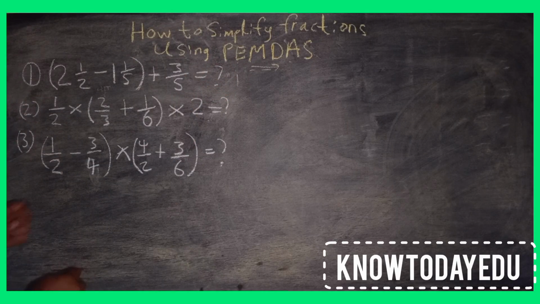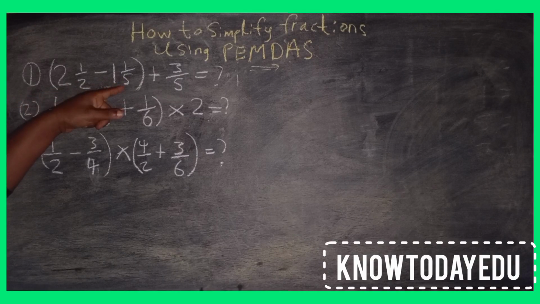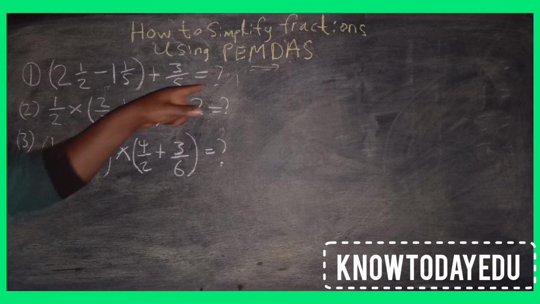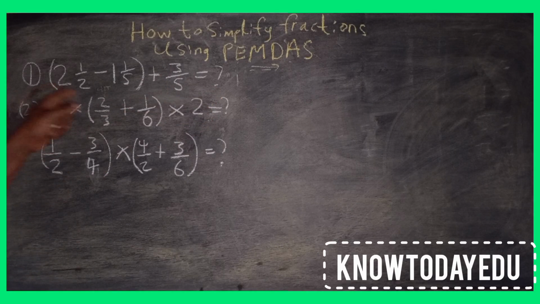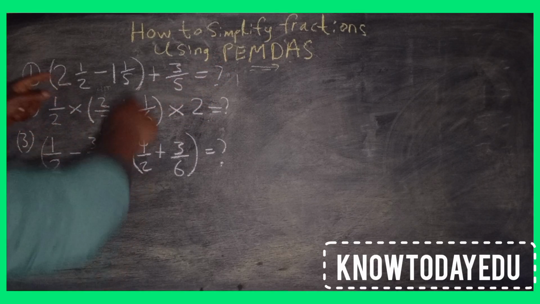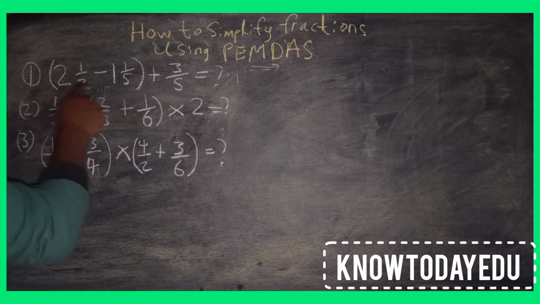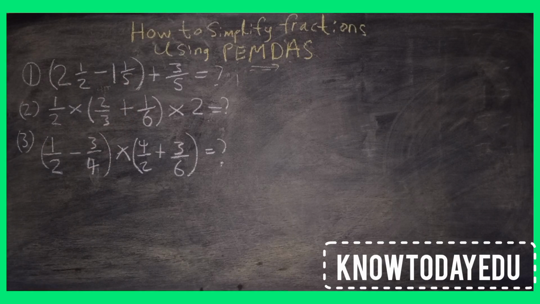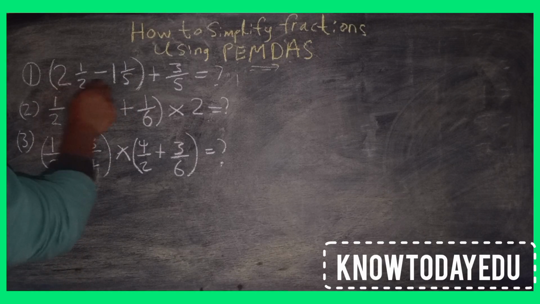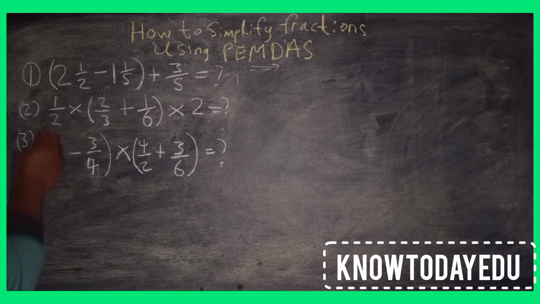But if you look at this example 1, (2.5 minus 1 1/5) plus 3/5 equals, if you look at this one, we have parenthesis or bracket. Okay. There is no exponent. So the first thing we're going to do is to solve what is in the bracket. So we have first 2.5